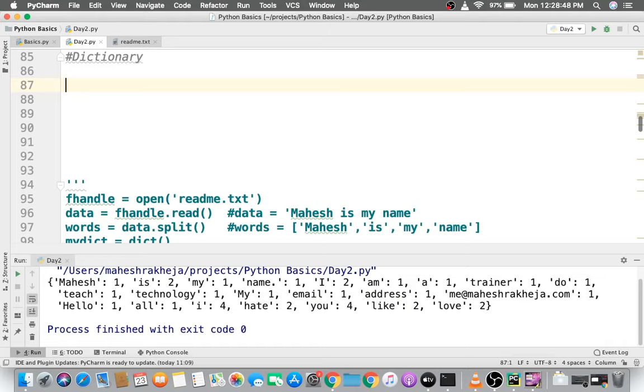So let's go ahead with this, and what I'm going to do now here is explain you the inbuilt functions of dictionary. One of the most important inbuilt functions is get. So what is get function over here? Let's try to understand what is get function over here. So suppose